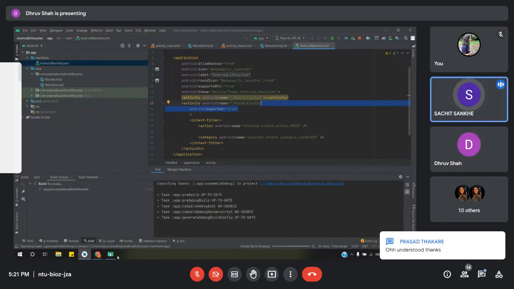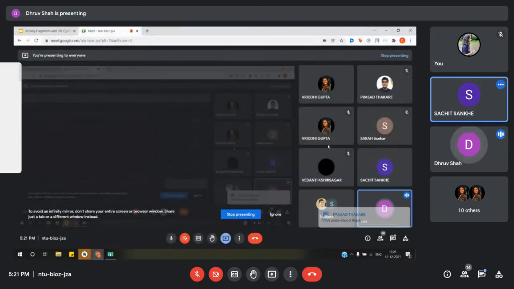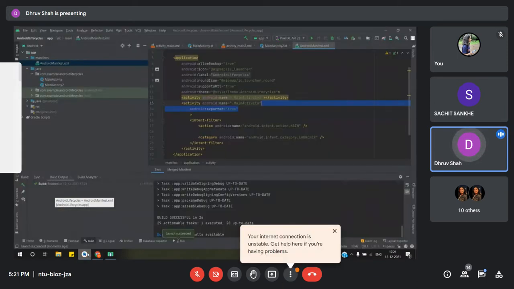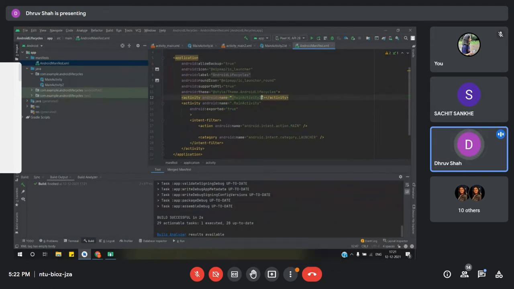The exported only needs to be done for the main activity, right? In all the activities that you are defining an intent filter for. You will be learning in the future about broadcast receivers, which are used to receive information from other activities. In that situation as well, you need to assign exported as true. If you see in the second activity that we have created, we do not need to assign exported as true. It is not needed in those activities where you're not providing intent filters.